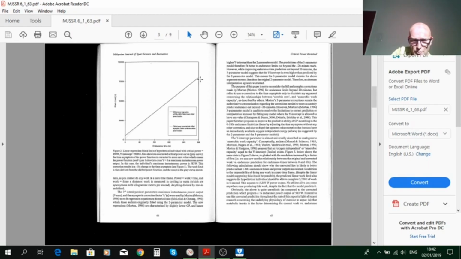The actual data points are not shown on this graph because it's a hypothetical example, although they usually fit very, very closely to the straight line. The residuals are very, very small. It is a really good predictive measure. It worked really, really well. Generally, you get a very, very good straight line that you can draw through the points. And that's what you get there, that black thing, the straight line.